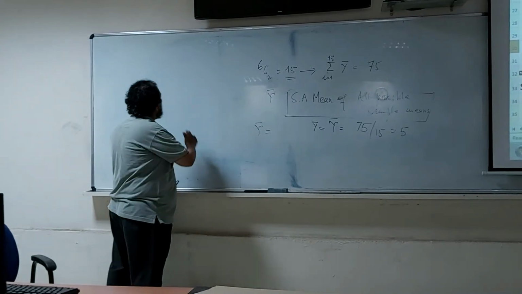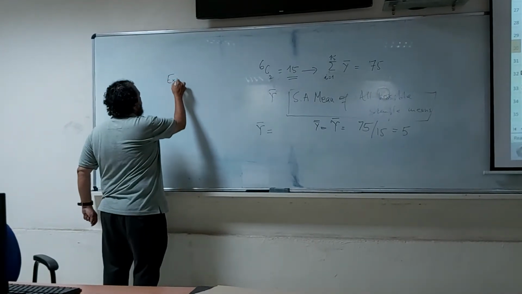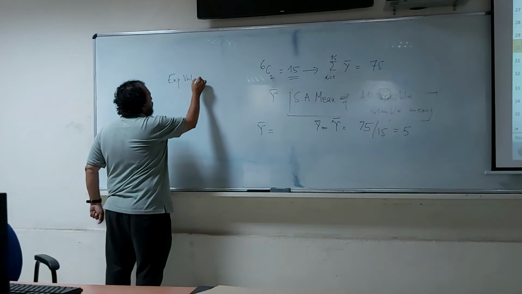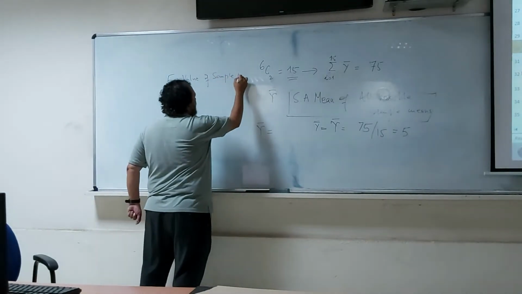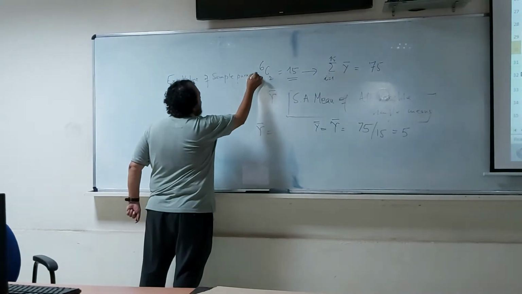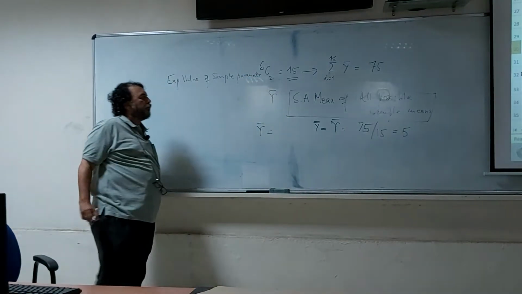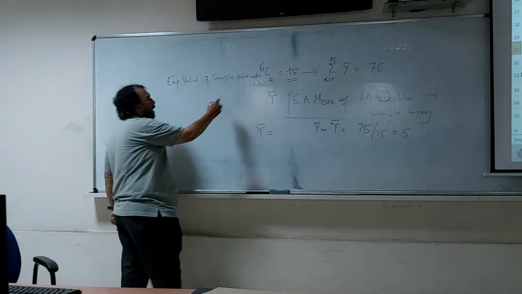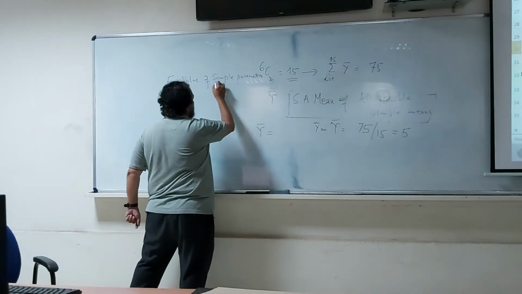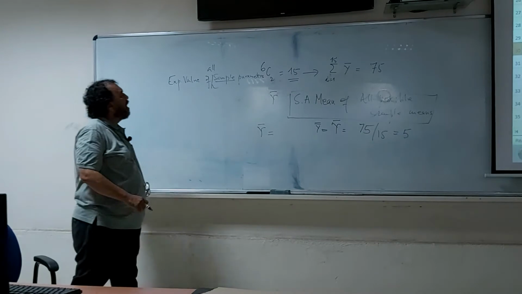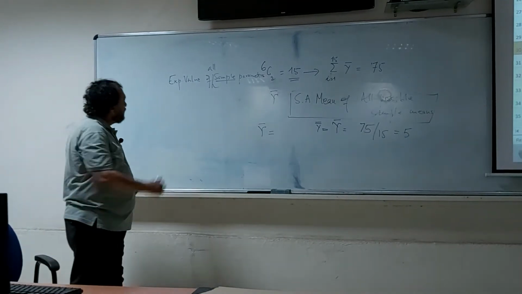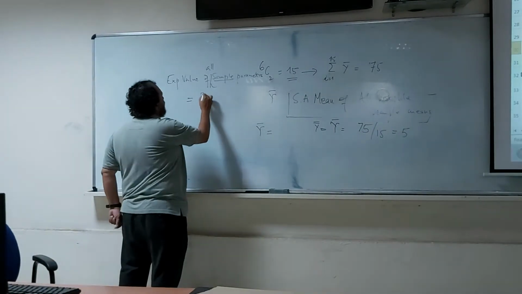This is the property: if the expected value of all sample parameters, in this case the parameter is arithmetic mean, and when I say all sample parameters, it means really all possible sample parameters of a given size, is equal to the population parameter,